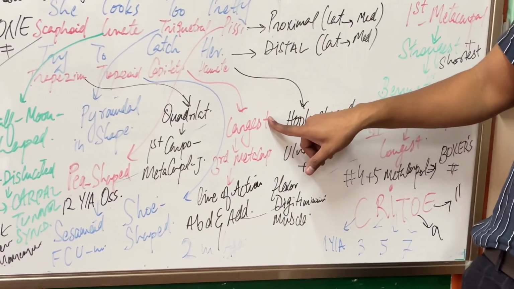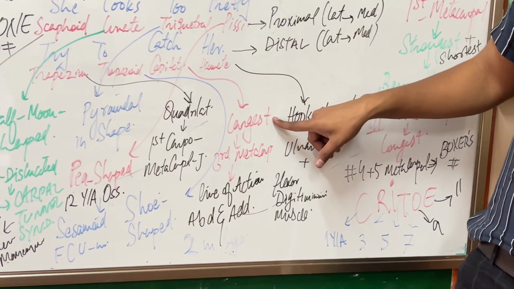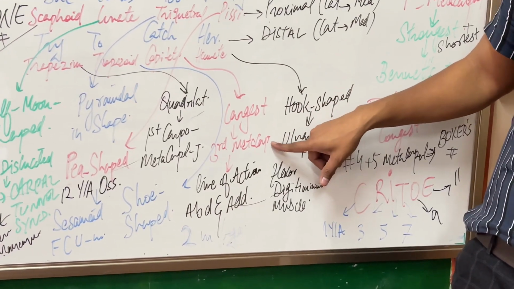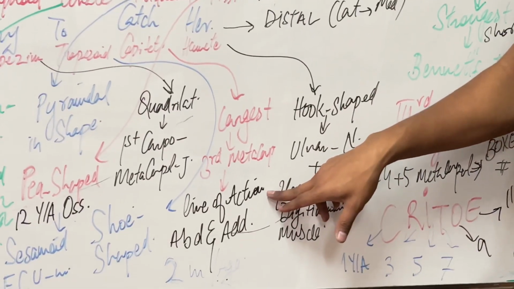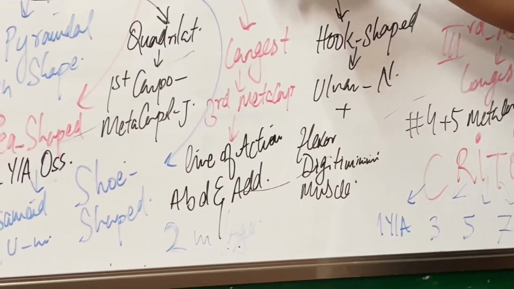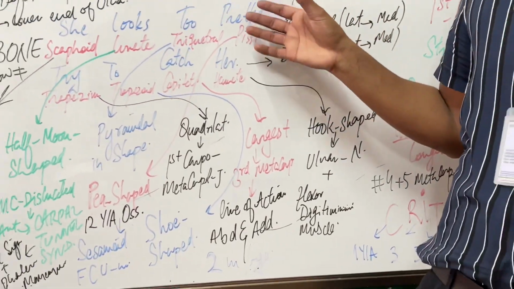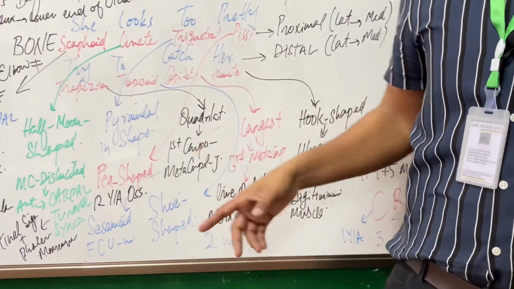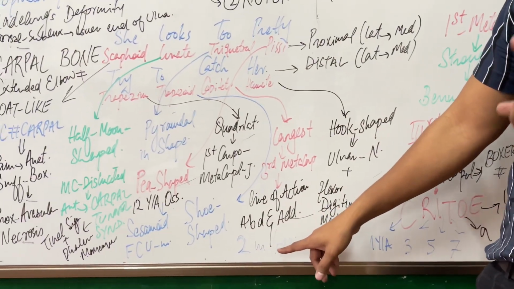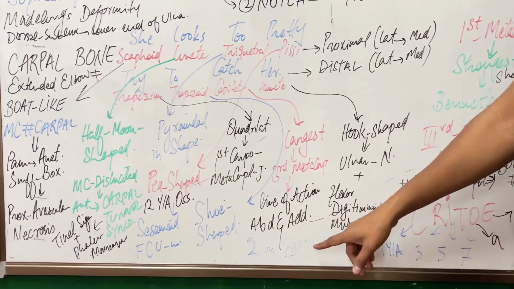It makes a joint with the third metacarpal bone. It is the line of action for adduction and abduction. So the pisiform is the bone last ossified at 12 years of age, but the capitate, in spite of its largest size, ossifies first of all, at 2 months of age.